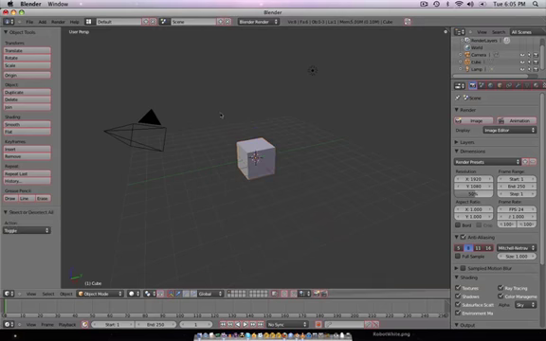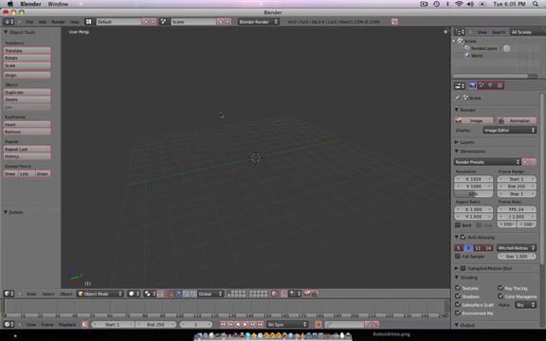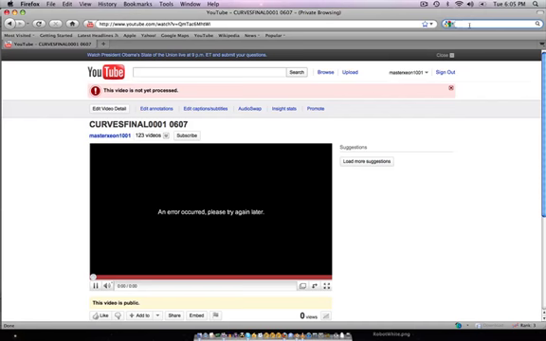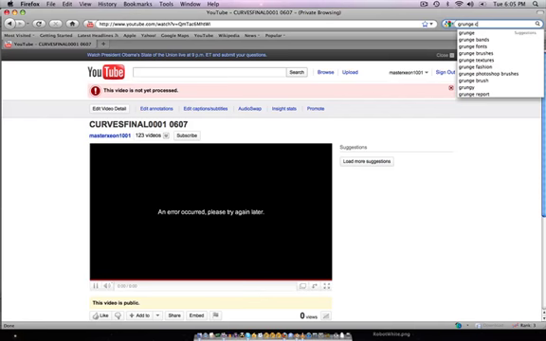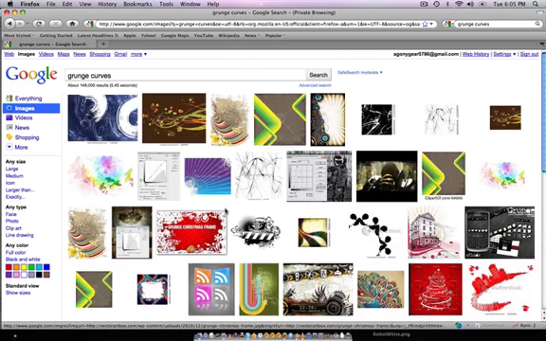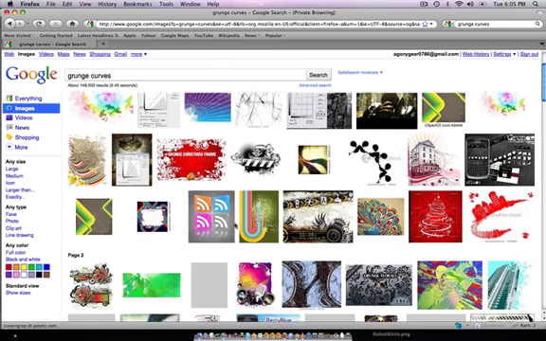And as usual, press A to select everything, X to delete everything, 7 to go on the top, 5 to go on the orthographic. Now let's jump over to Google, and we're going to search for GrungeCurves. And we're going to go into images and just find a picture we're just going to use as